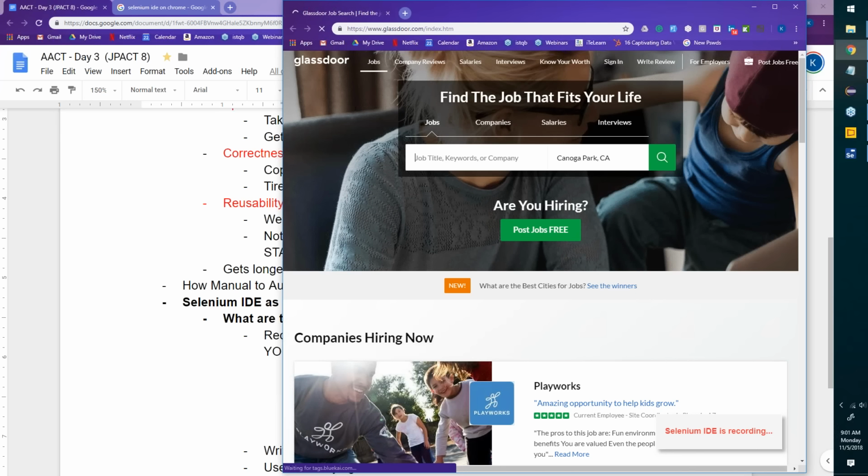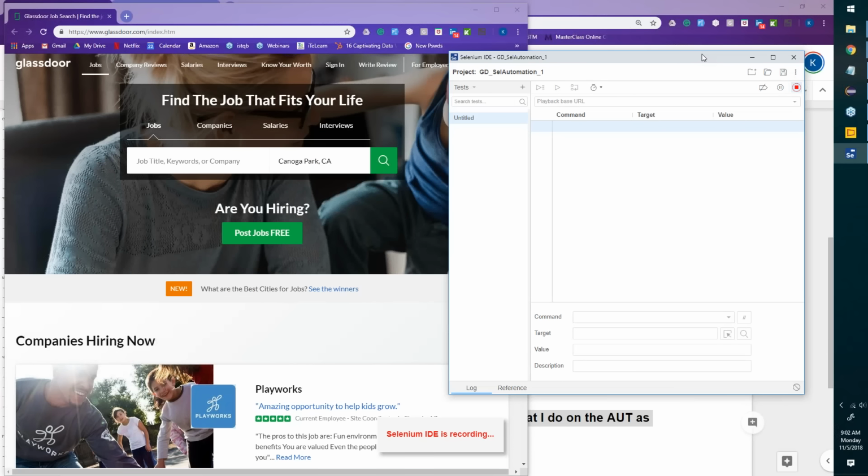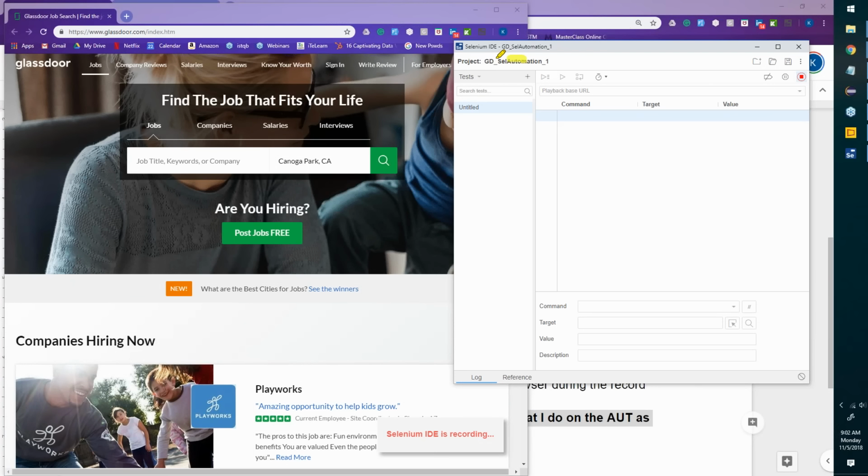Let me move this to the side, and now let's look at Selenium IDE, team. The whole IDE, from a perspective for us to understand, is broken down into three sections. The first is where we talk about all the tests. The second is this section where we see at each step what is happening. The third is the bottom one, which right now doesn't have much detail, the log and reference.